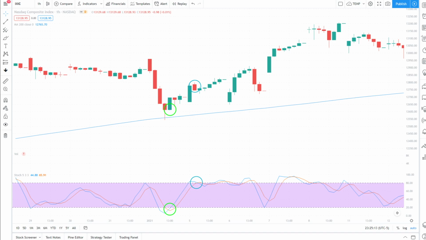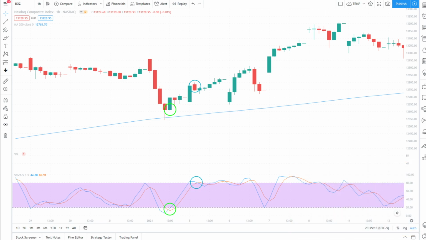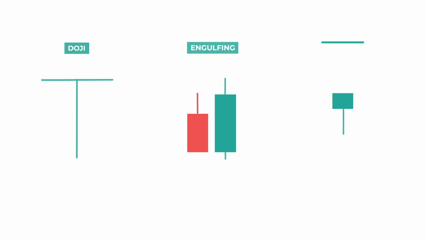Secondly, as well as trading with the trend, we also need to see confirmation of our stochastic signals. The way I personally confirm signals given by the stochastic is to look for confluence with other technical indicators, such as the Bollinger Bands, featured in a previous video. I also want to see price action developing that supports what the stochastic is conveying. This could include a doji candle, an engulfing pattern, a hammer candle, or any other candlestick pattern that is indicative of an impending reversal of price. We will explore price action candlestick patterns, such as these, in more detail in a future video.